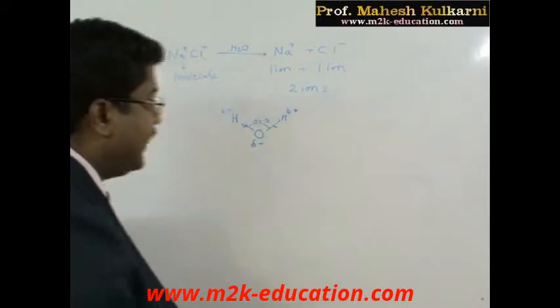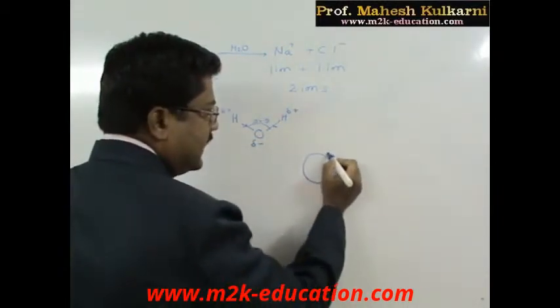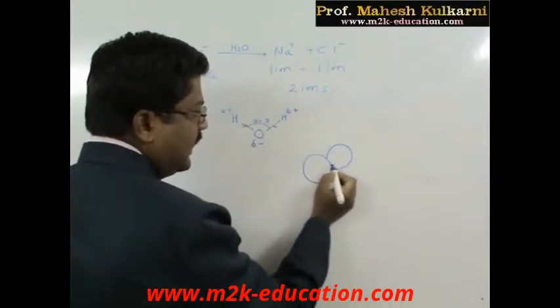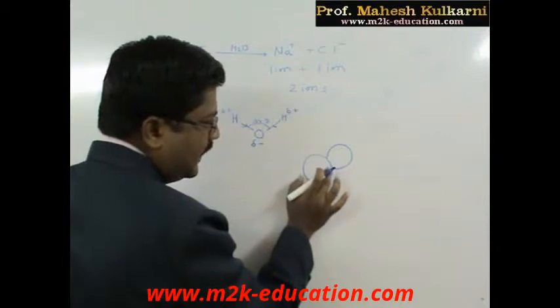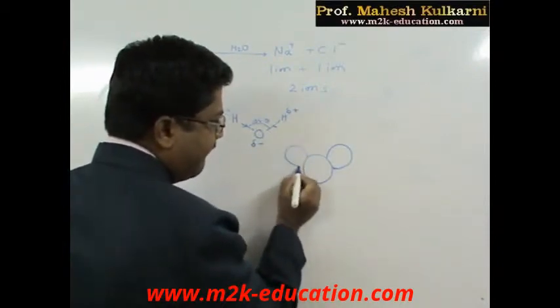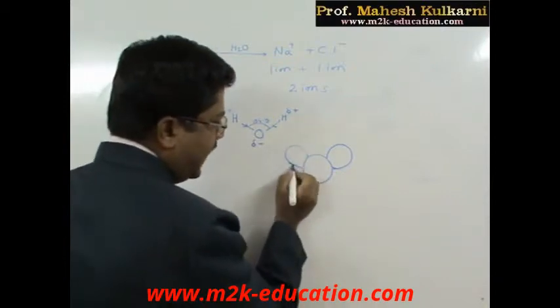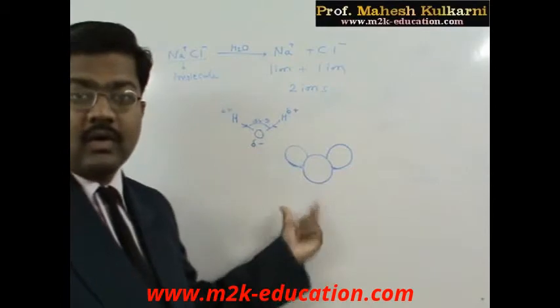Let us go to the diagrammatic view. This is the oxygen atom, whereas the hydrogen atoms are attached here. There is practical overlap, so I am not showing the overlap portion here. This way, the two hydrogens should have the same atomic size. They are attached over here. So this is the structure of the water molecule.